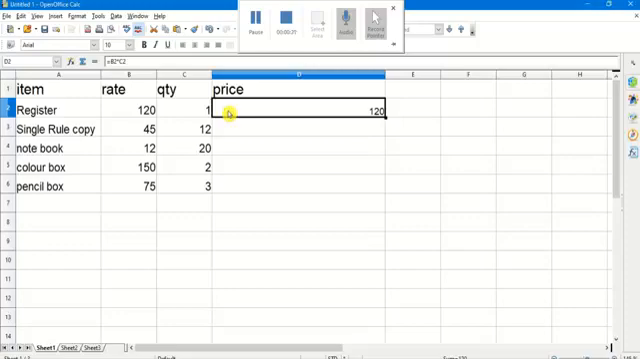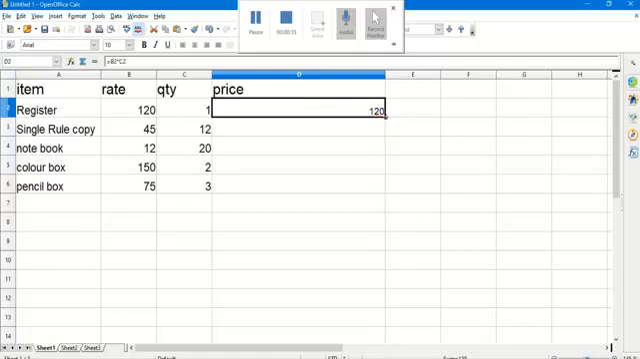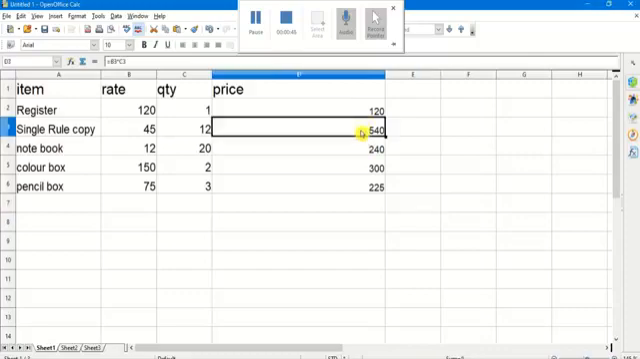Now spreadsheets provide a very easy way for us to actually drag down the same formula across multiple cells. So I can just simply use my fill handle, that is keep my handle here and drag it down, and the entire formula gets copied over